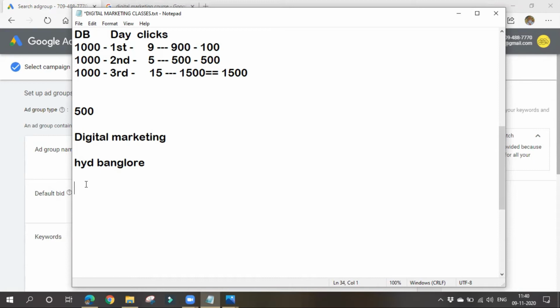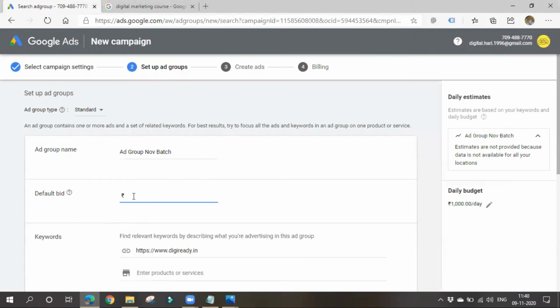So next thing is I'll provide services like SEO. I'll also say Google Ads, and social media marketing, SMM. Simply I'll choose SMM. So all these 3 services I'll be providing. Right. So I want to choose a bid amount, means per click how much I want to pay. So initially take it as 1 rupee. It may be a little less, it's okay. Initially take it as 1 rupee.